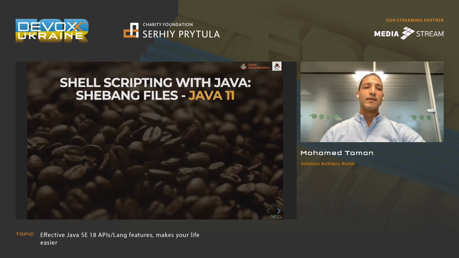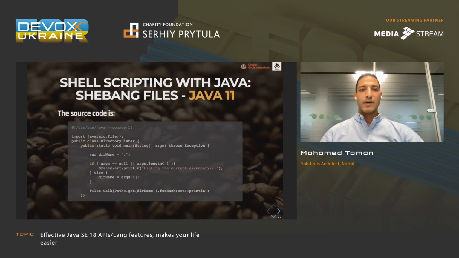This is why we have enhanced var for annotations to be used with lambdas. Another feature is related to the one I told you about, running Java with Java. How can I run a Java application literally as a bash file? Let's imagine that we have a file like this. This is really valid source code. I have to have the line that starts with shebang notation, /usr/bin/java and --source 11 and above. You have to write this in your Java source file.